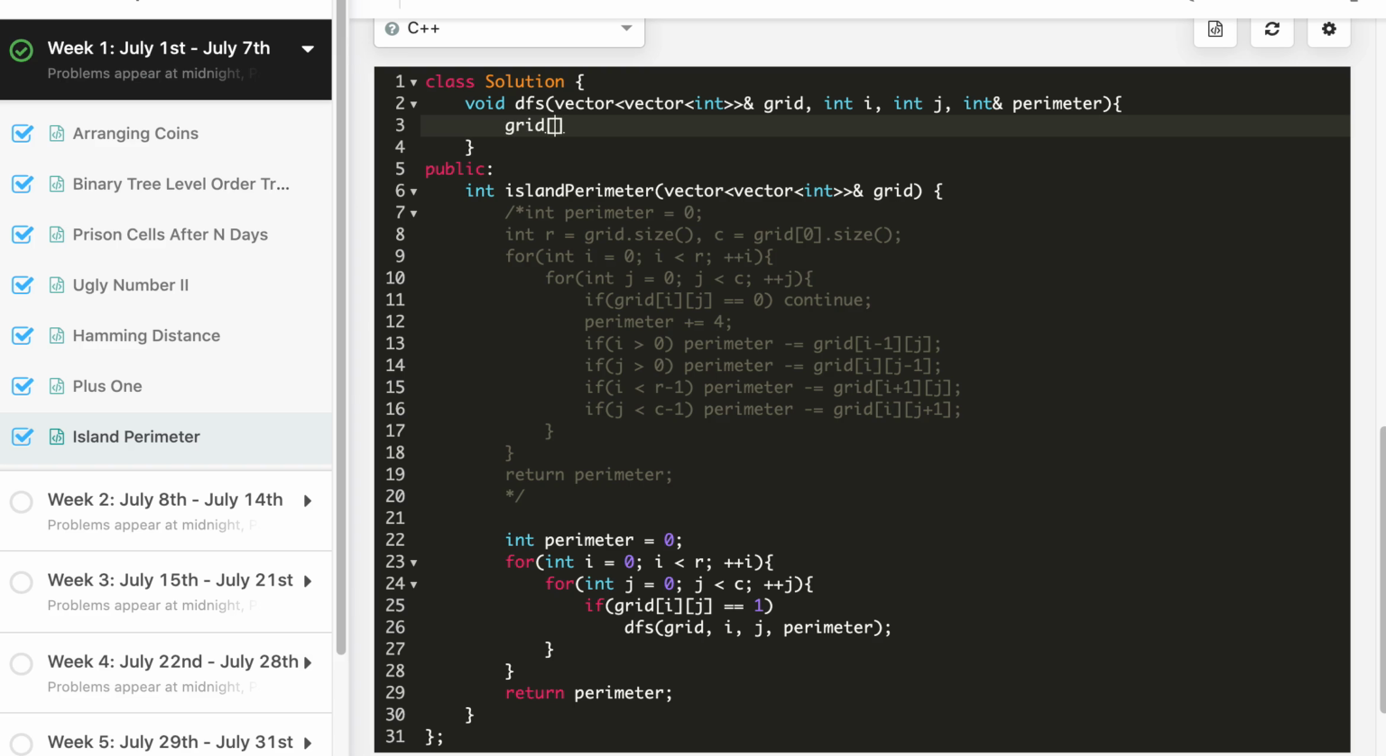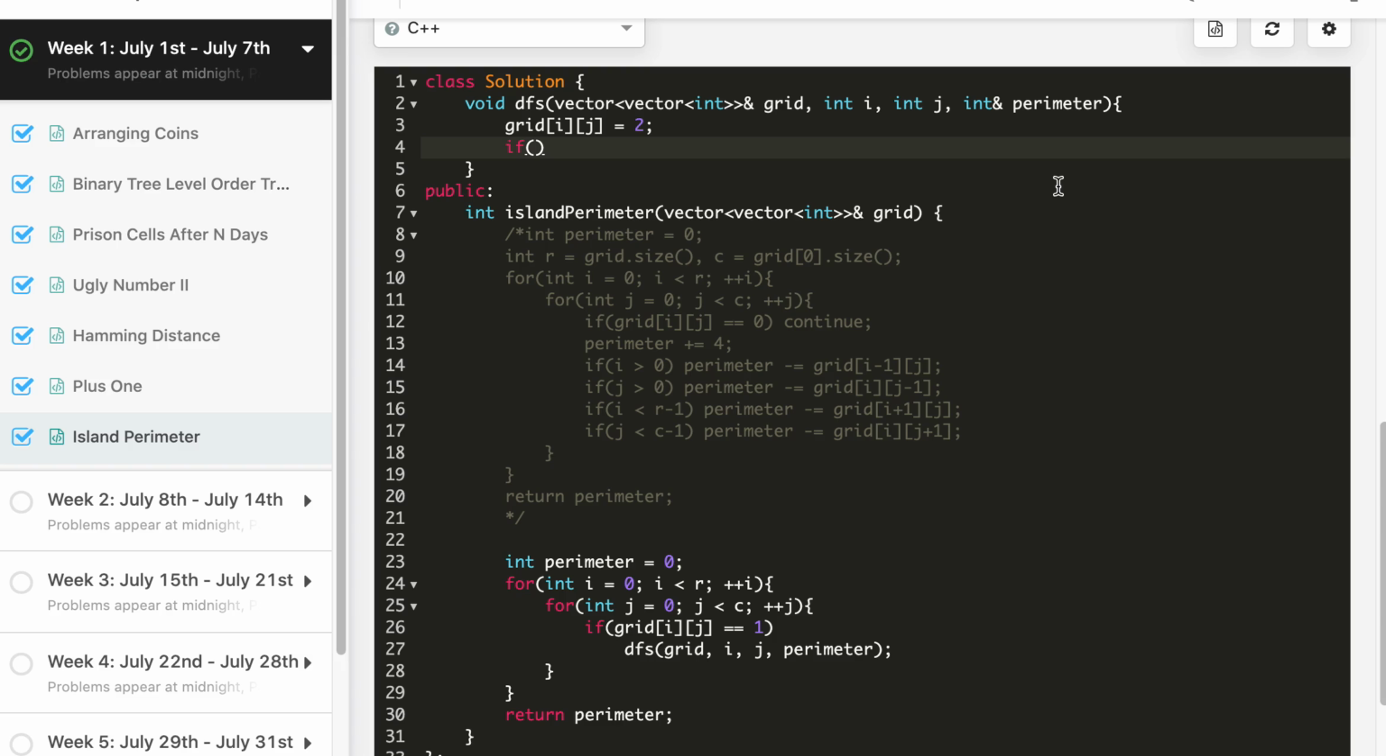And we will mark it visited, so for that we can make it 2, so 2 denotes visited, and only cells which were earlier 1 are converted to 2, 0 remain as 0. So what we will do, we will check if I is 0, that is first row, or grid I minus 1 j is 0, then